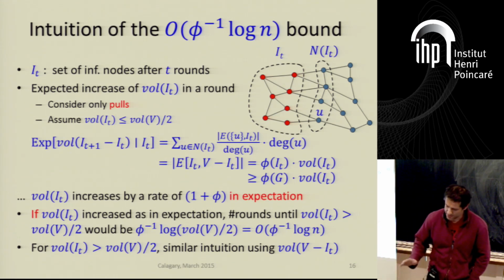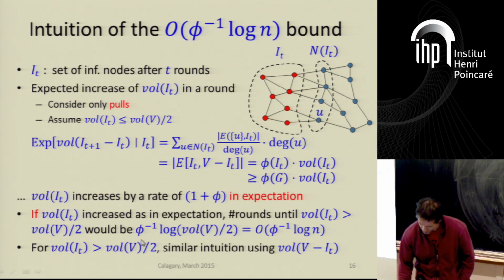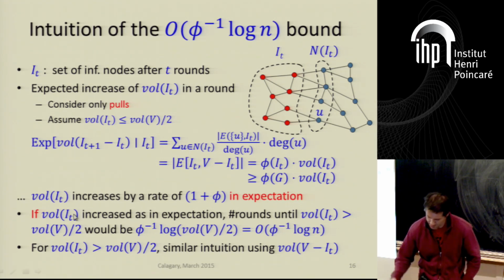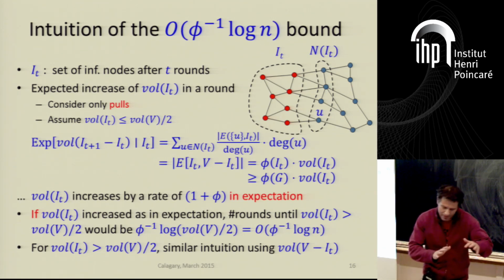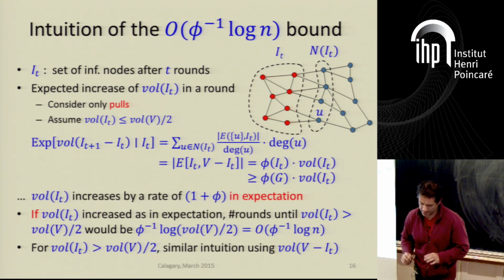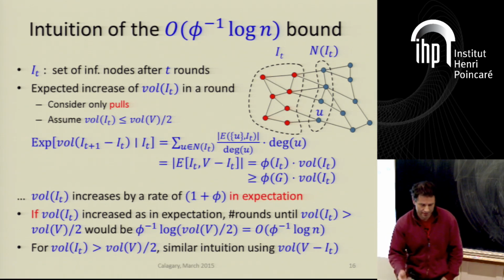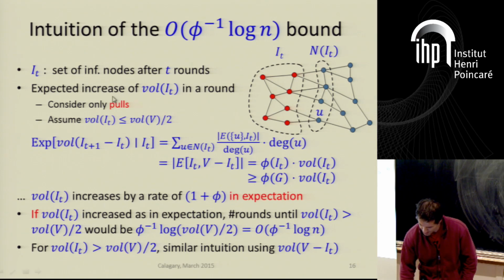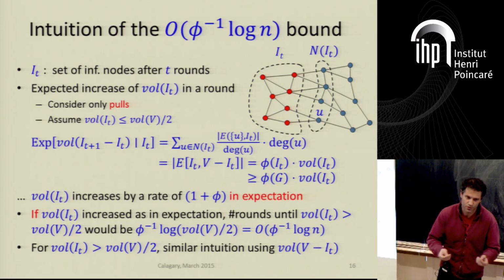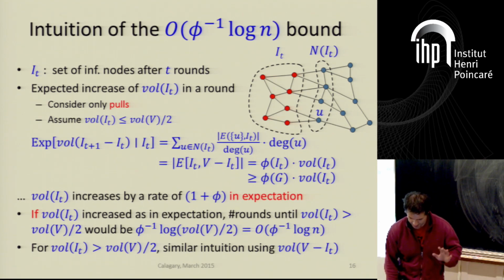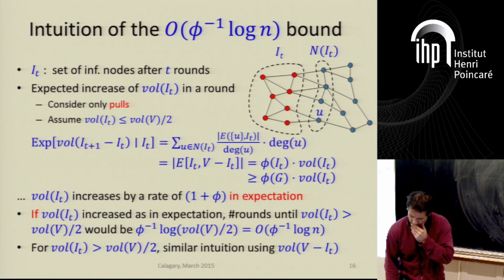Okay, but this is just the intuition, and the actual proof is not much different. The problem is that this assumption here, that the volume of this set is close to its expectation, is not always true, in particular it is not close at the beginning. So we need some extra ideas. And one way you could see that this is not a complete proof is this assumption here. We only used pulls, right? But we said before that we do need push-pull. Okay, so this is just all the intuition.